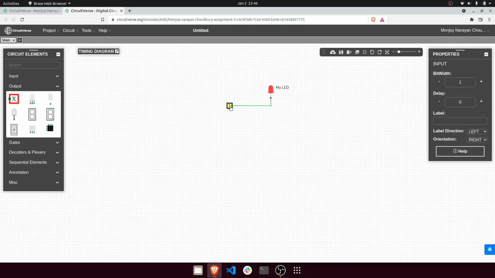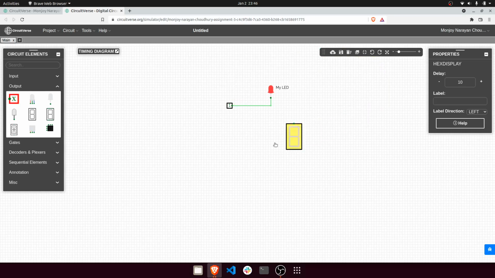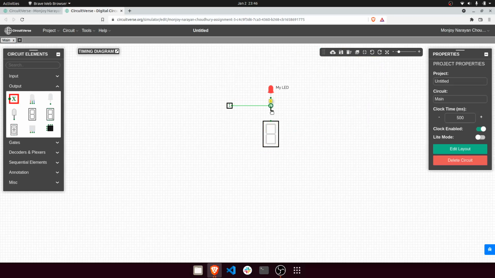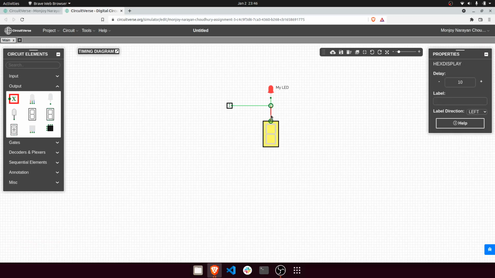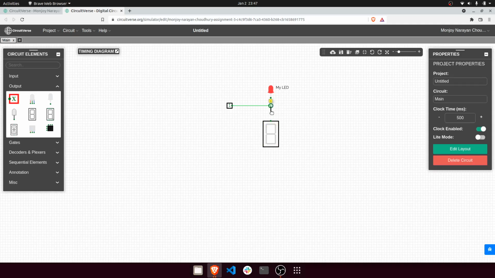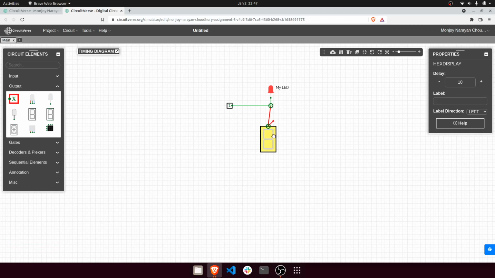In the switch, this is again an input. This is a hex display. You are given a 7 segment LED display, but this is not the 7 segment LED display. Please mind that, so this won't work here. You need a hex display, so it needs a bit. Circuitverse will also report the error for you. The bits are incompatible. You need 4 bit, but you're giving them only 1 bit.